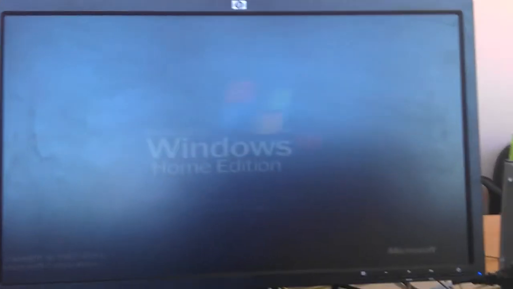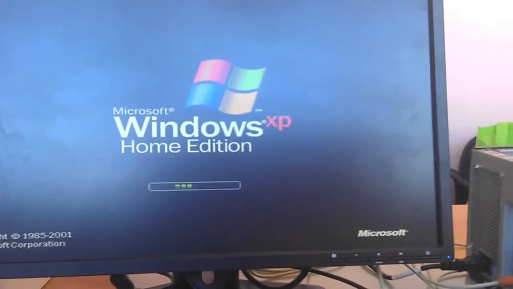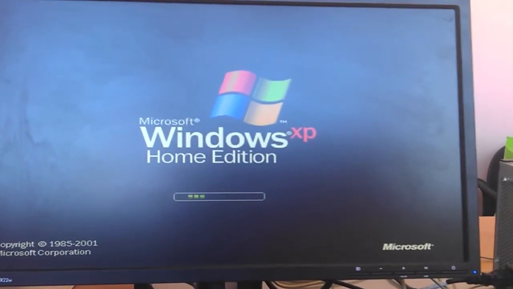So what I'm going to do is I'm going to F10 this, hit the save button, and then just load up Windows. The new CMOS battery is also installed. I will of course have to go online and update everything.